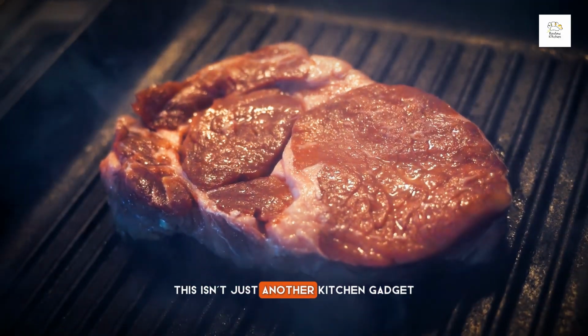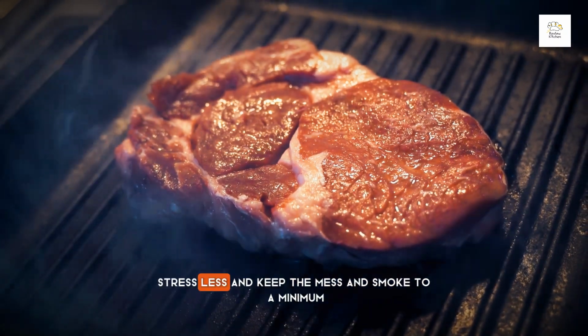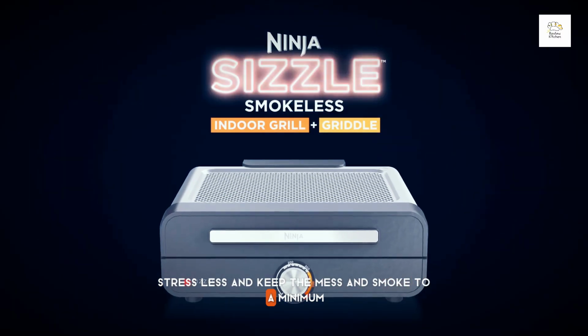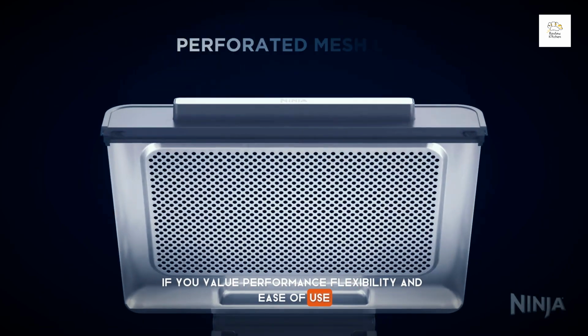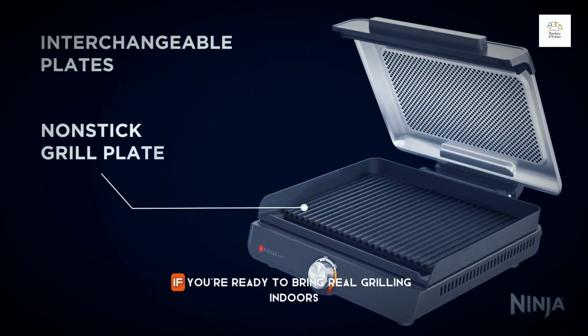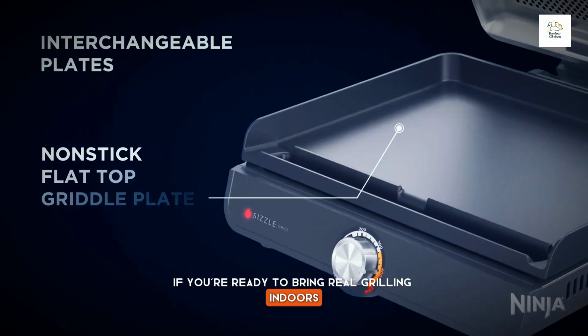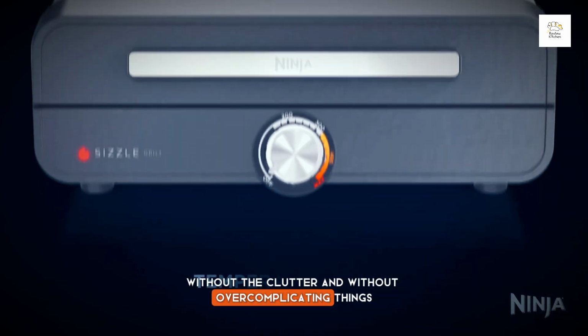This isn't just another kitchen gadget. It's a legit assistant that lets you cook more, stress less, and keep the mess and smoke to a minimum. If you value performance, flexibility, and ease of use, the Ninja Sizzle GR101 is a hard one to beat in its class. If you're ready to bring real grilling indoors, without the smoke, without the clutter, and without overcomplicating things,